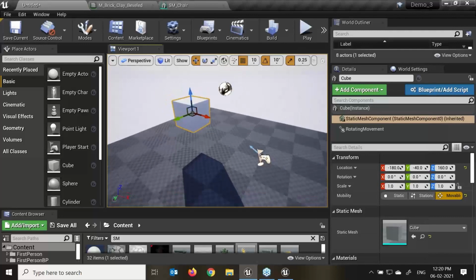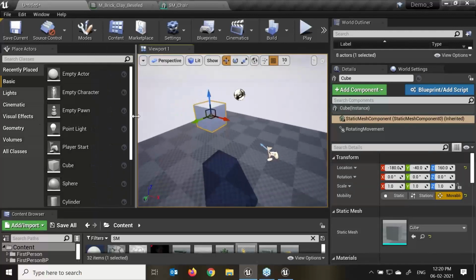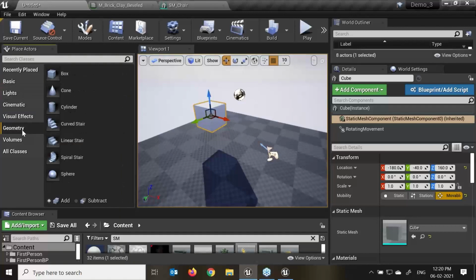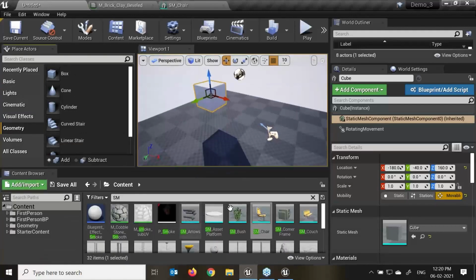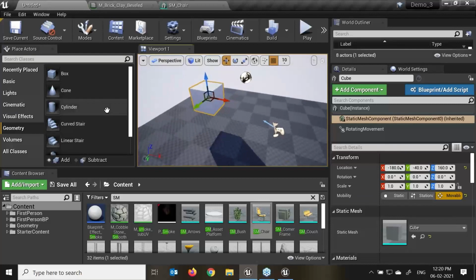So I'll create one more cylinder over here and we'll add the lighting component to that. Initially I'm just showing you what kinds of different actors we have. First we have seen the basic actors. We have seen the geometric, the materials, and different geometry brushes over here. With Add Component, we are adding more lights and information over here.